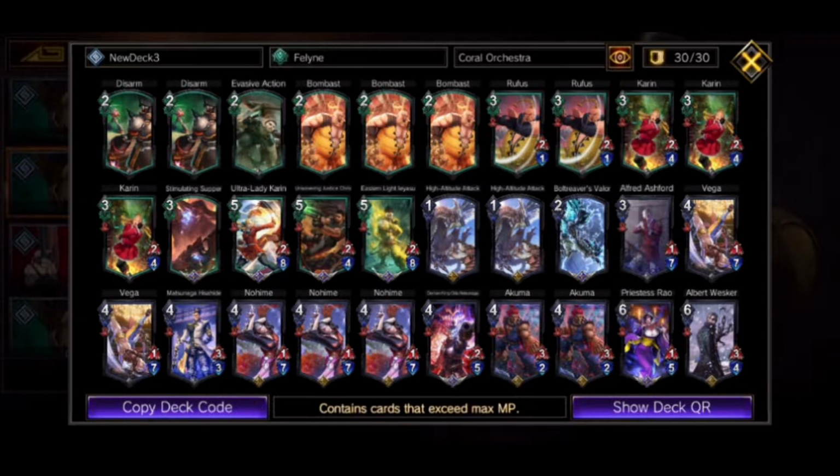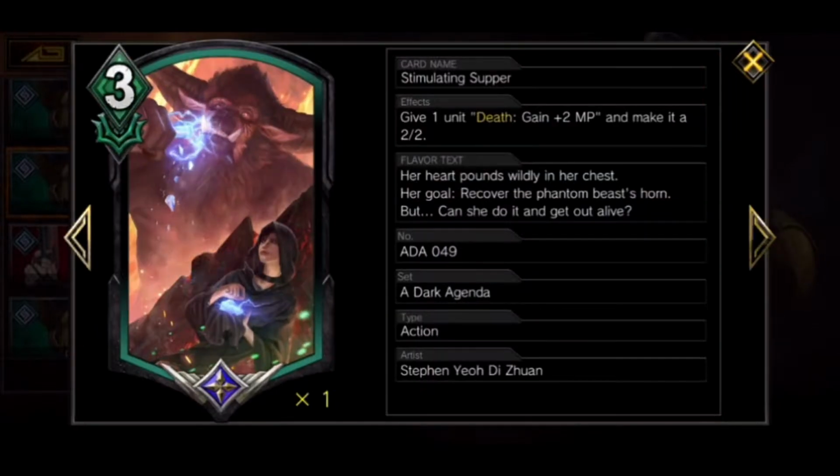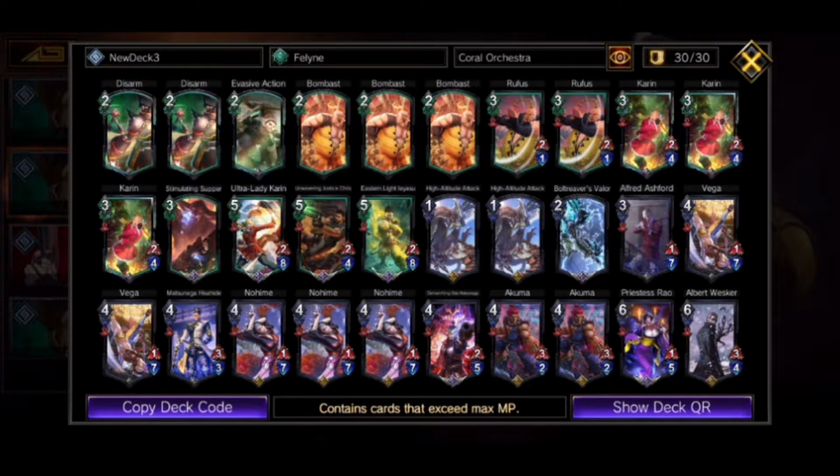So this is the deck I'm using primarily, and this is Manifest Destiny 2. We've added a few cards since the last few card sets. Last time I tried this was probably during ATH and TOA, I think. But since BOA and ADA, I have not touched this. So we added Stimulating Supper. We added High Altitude Attack. We added...